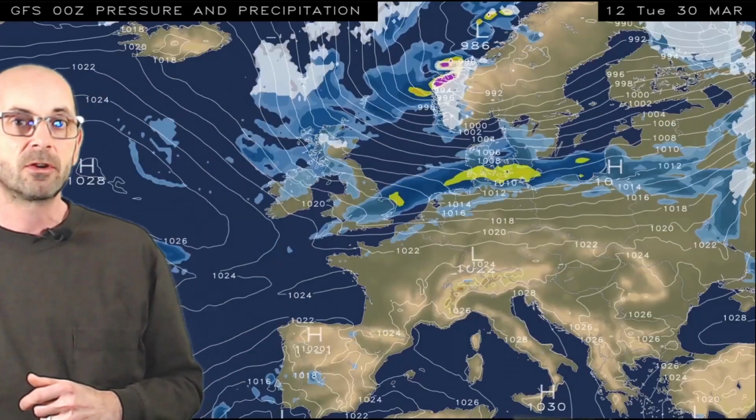So we could see temperatures rising quite significantly on Monday the 29th of March. In the north, it looks like that milder air won't be paying a visit, so it's probably going to be staying more changeable, cooler or colder up there. Now, just to continue through this sequence, as we head into the middle part of next week, things start to